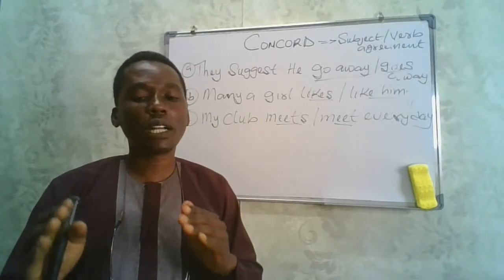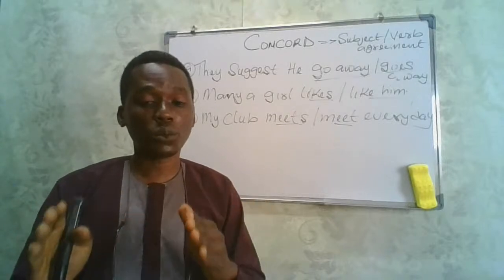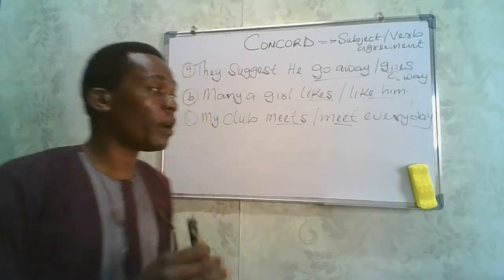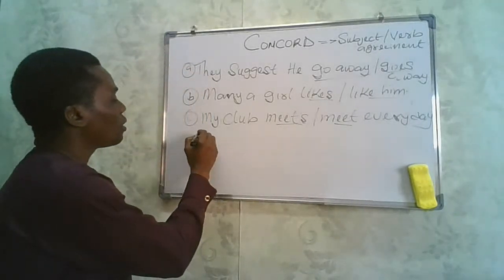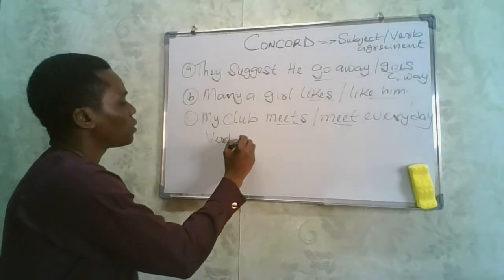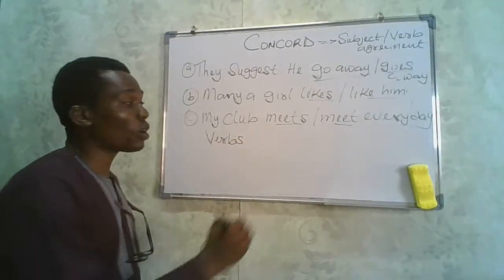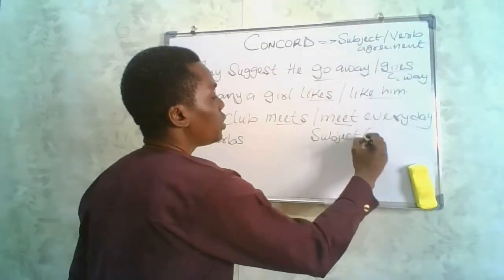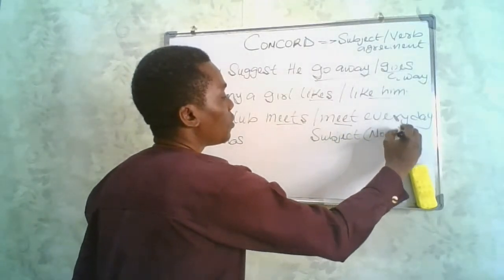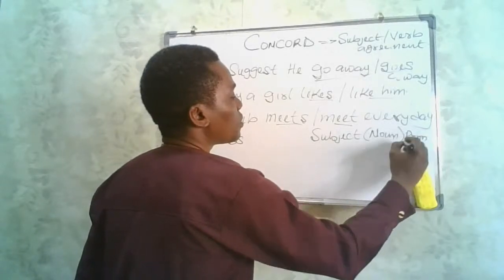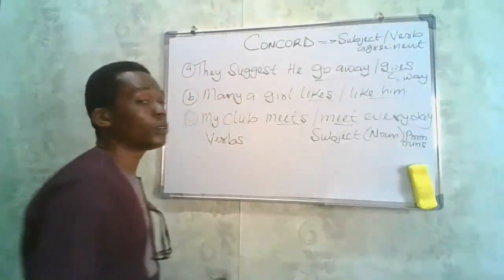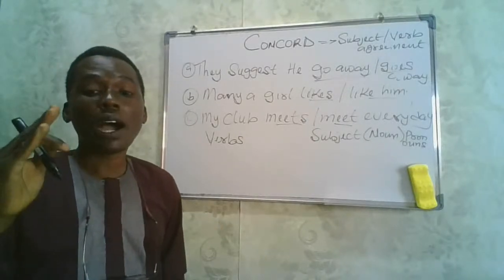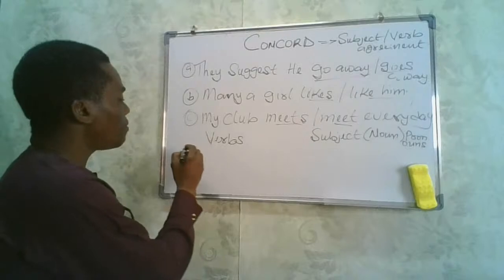Now, we are going to look at some of these rules. Now, to guide us in these rules, I want you to always note that when we talk about Concord, we'll always talk about verbs and we'll always talk about the what? The subject, which will always be what? Which will always be noun or pronouns. So in anything you do, note that whenever you have singular verbs include,